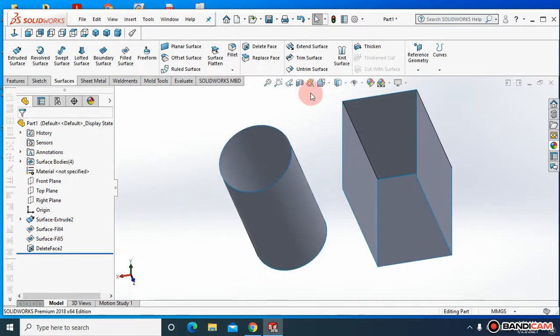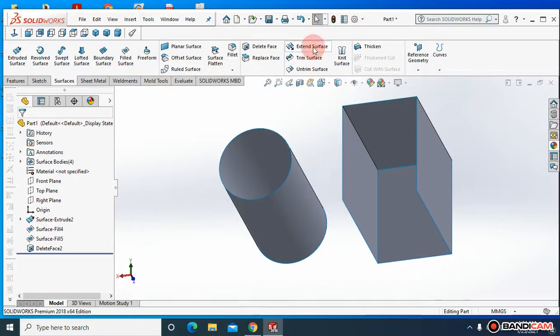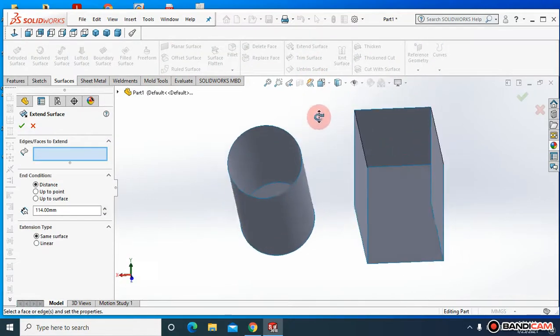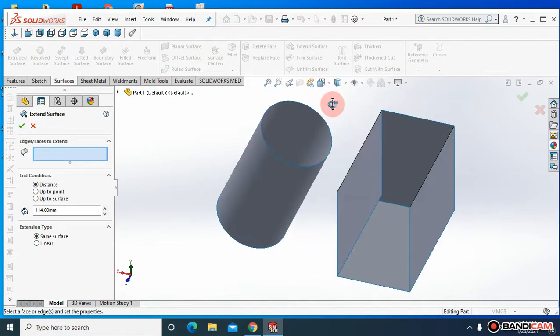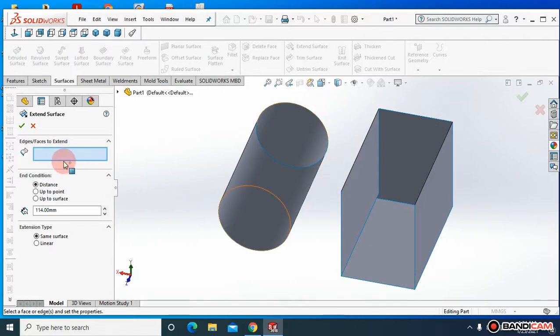And the next thing that I wanted to discuss with you people is my extend surface. Okay, in this case what I do, I just wanted to select the edge face to extend. I wanted to extend this edge,